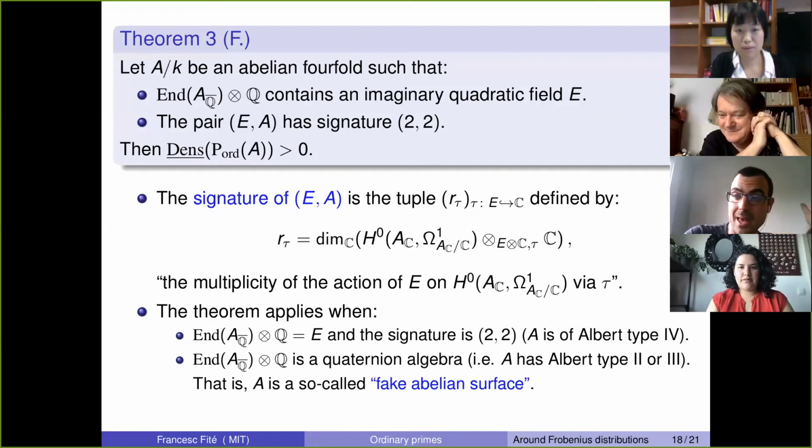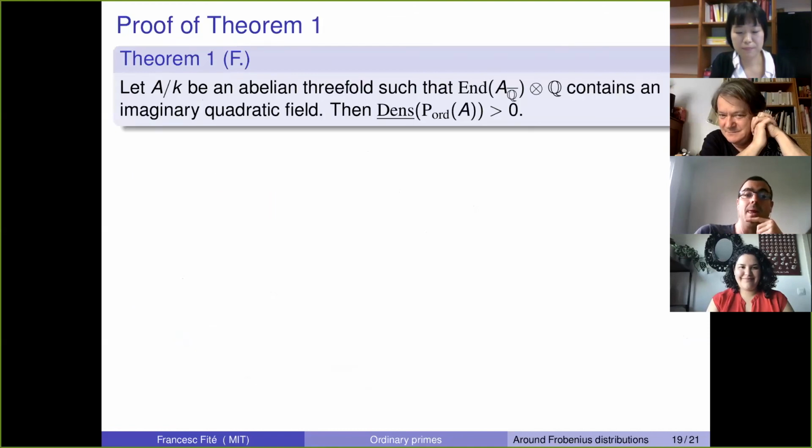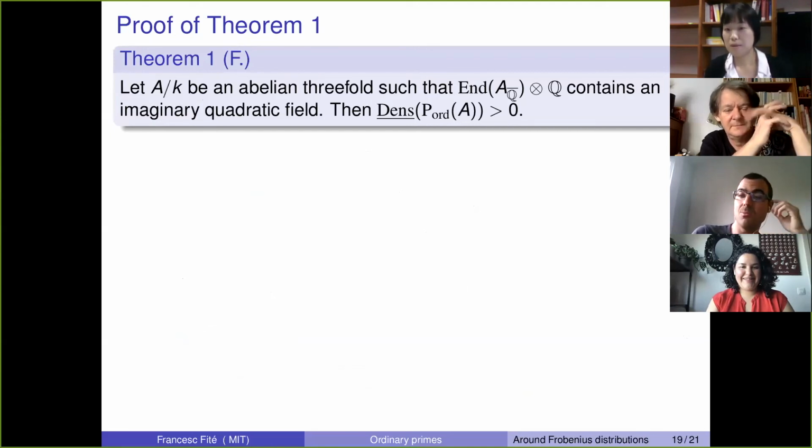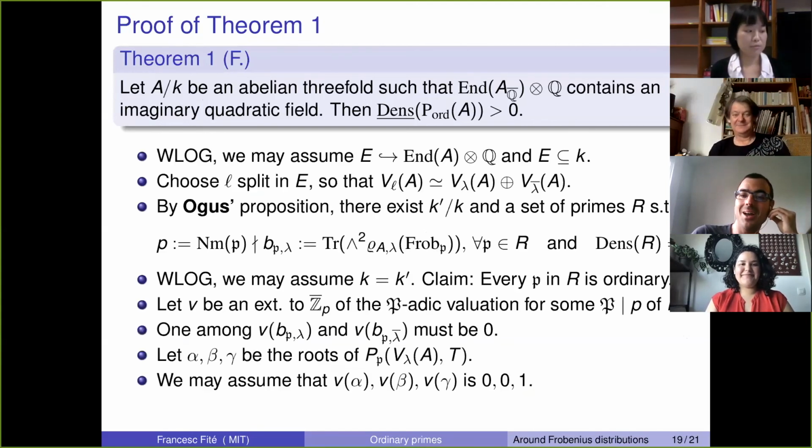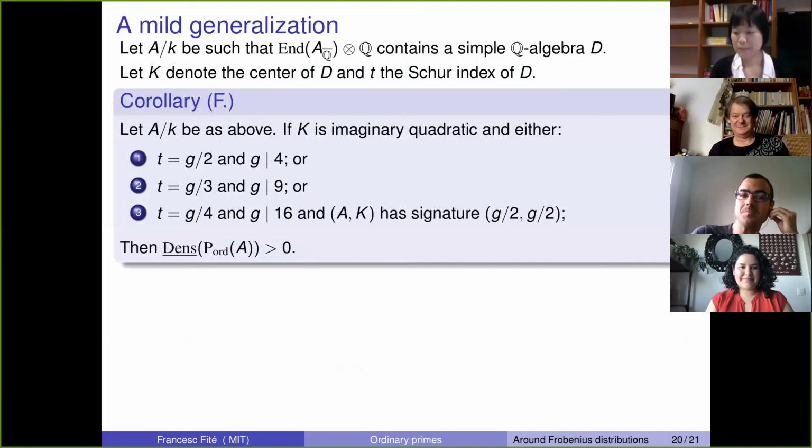And I had planned to explain to you the proof of theorem 1, how one combines the existence of these lambda-adic representations with the propositions of Ogus and Katz, but I'm over time, so I won't do that. There is some mild generalization of these methods to higher dimension for some abelian varieties, which essentially look like the ones that I consider.